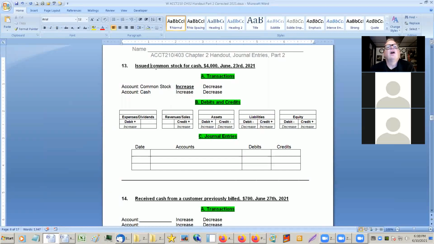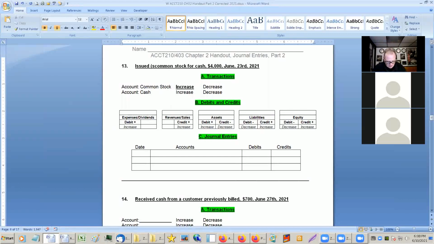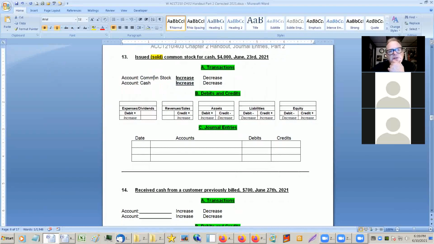Oh, I get it. Okay, sorry. You're right, I did this last time. So issued means sold. I don't know where the actual term issued came from, but you'll see it all the time. So both of these will increase. It's like both the assets and the equity are going up. Okay, so common stock